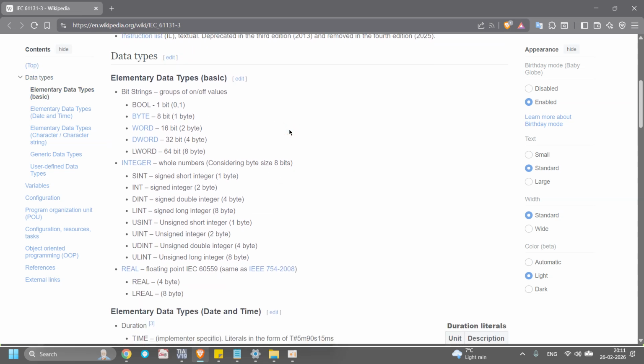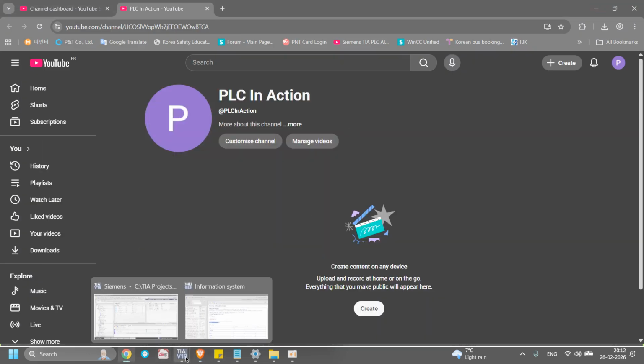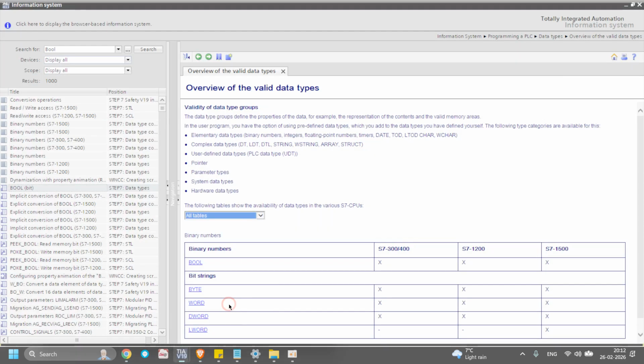In these five programming languages, we have to use the data types, and they are all listed here. These are the most important stuff. But I can tell you the few that we use regularly, and I can explain those. For the others, I will just tell you the importance of them. Okay, let's go with data types. I will open the PLC program.